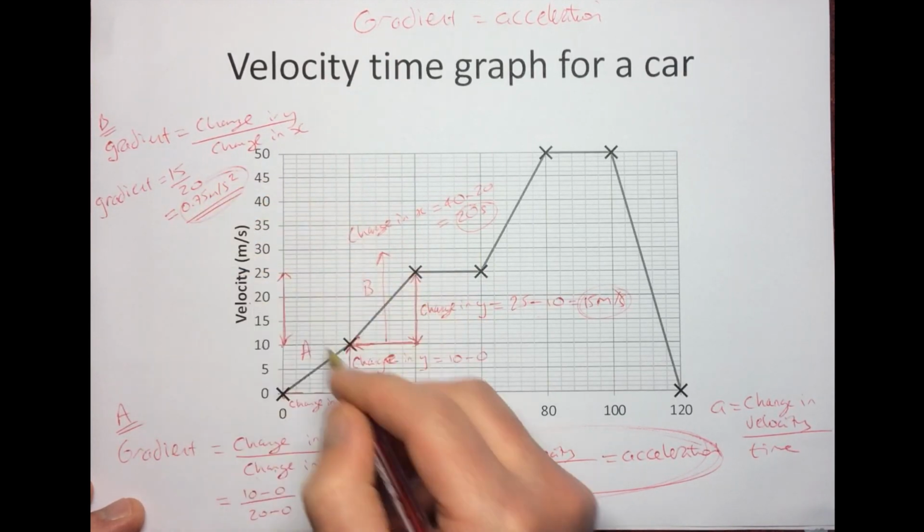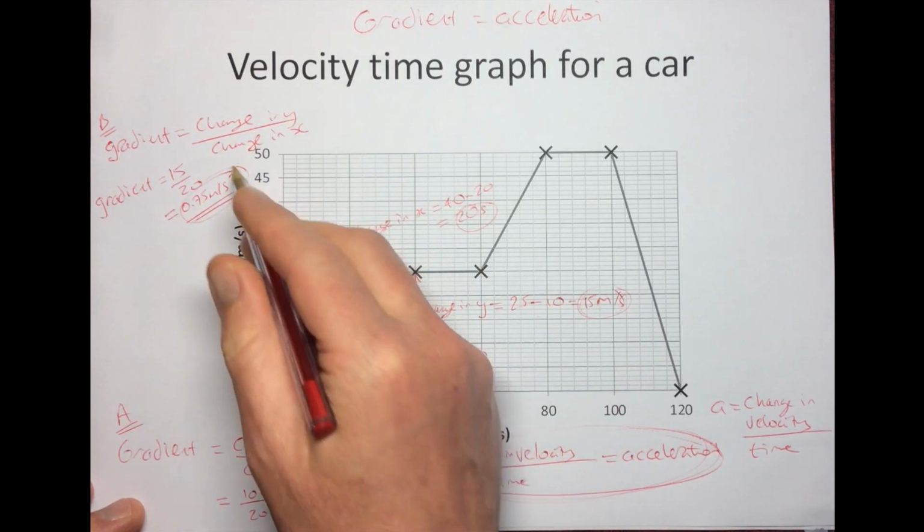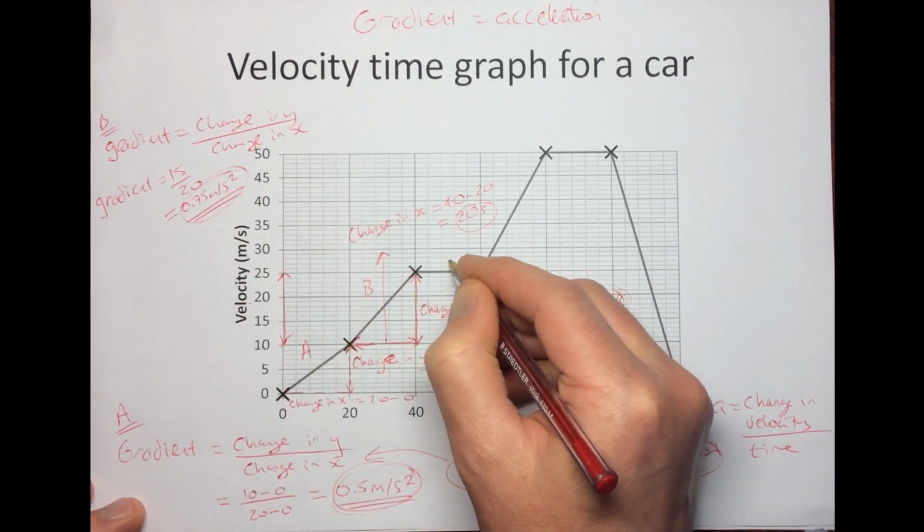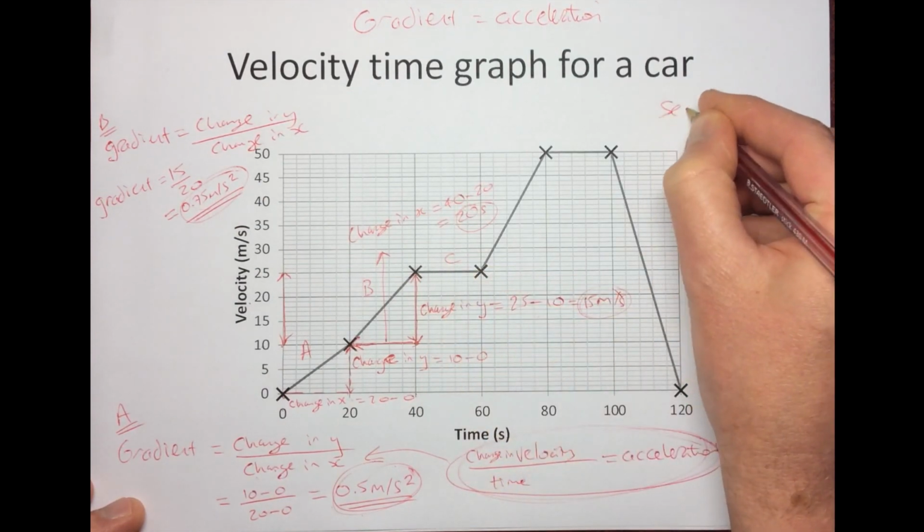That makes sense because that gradient is greater than this one, that acceleration is greater than this one, which is what you'd expect because the gradient is steeper. Now let's just have a final look at section C. So section C here,